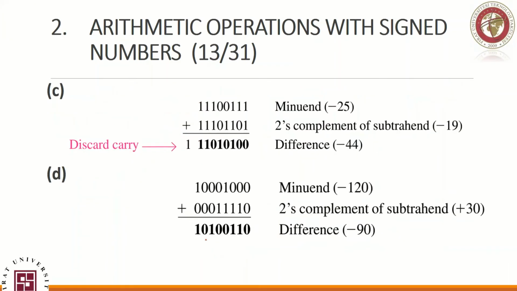Add them. So it is here. Add these two. What will happen? 1 plus 1 is 0 with 1 carried. 1 plus 1 is 0 with 1 carried plus 0 is 0. 1 plus 1 is 0, with 1 carried plus 1 is 1. So here we have already 1 carried. 1 plus 0 is 1, plus 1 is 0 with 1 carried. 1 plus 0 is 1, plus 0 is 1. Then 1 plus 1 is 0 with 1 carried, 1 with 1 carried, 1 with 1 carried, and then we have a discarded